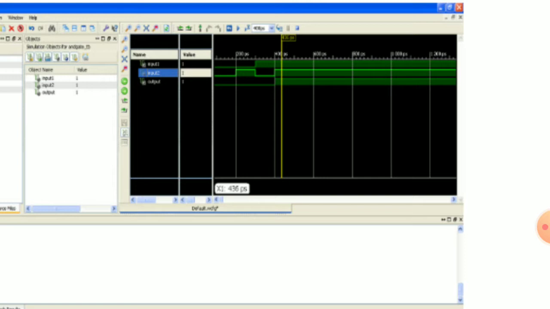Next it moves to 0 1, and the output green line is highlighted. 0 into 1 for the AND gate is also 0, so the continuation is 0. Also 1 0, the multiplication in the AND gate, 1 into 0, is 0.